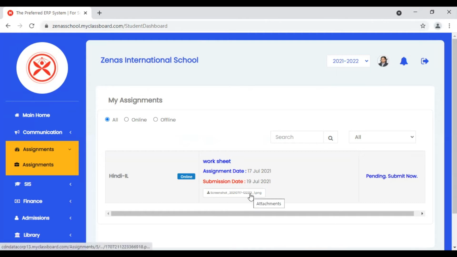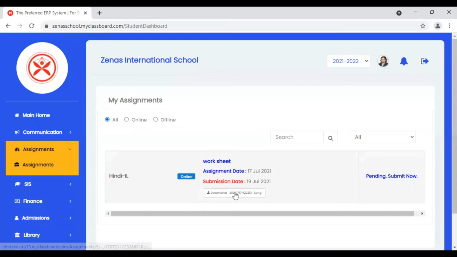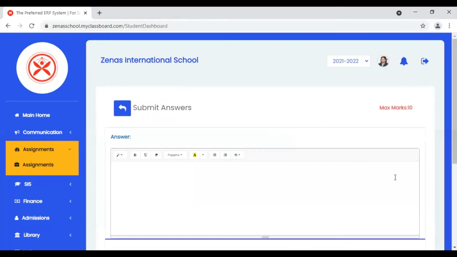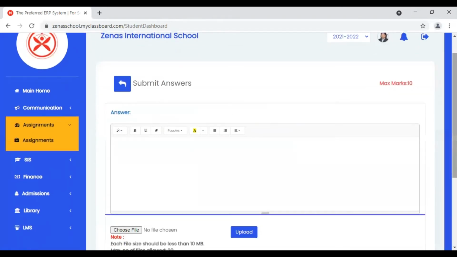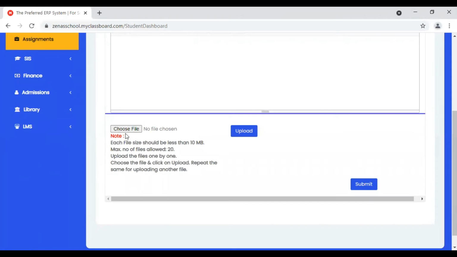Here is the file attached by the teacher. You can open the attachment and then click on submit now. In submit, you have to submit your answers. You can see a text box, the marks given, and then you have to choose a file.